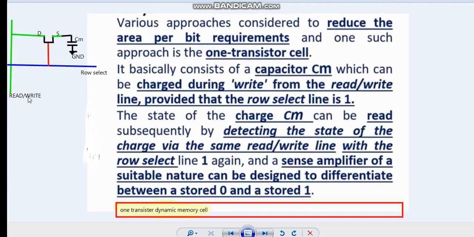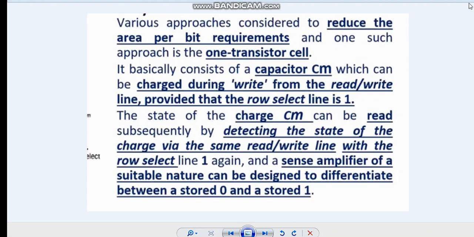It is a read and write operation. And the blue color line is a row select. So in order to read or write data into the one transistor cell, we have to keep the row value equal to 1 always.